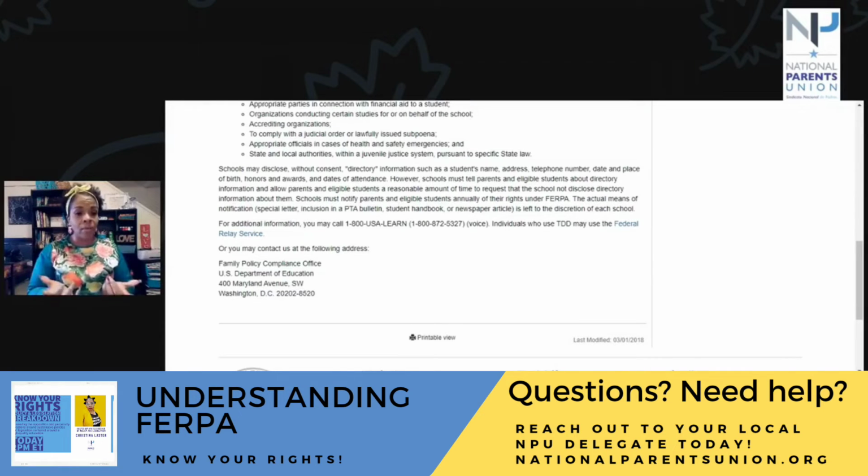That is exactly what I'm talking about. If they have consent and you don't want them to, you really want to ask them these questions. Who are they disclosing your information to, whether it's directory, educational, or personally identifiable information, right? That's a lot of information to be out there. Students' names, addresses, telephone numbers, and place of birth. That's a lot of information. I mean, you might as well say social security number. No, I'm joking, but I'm not.